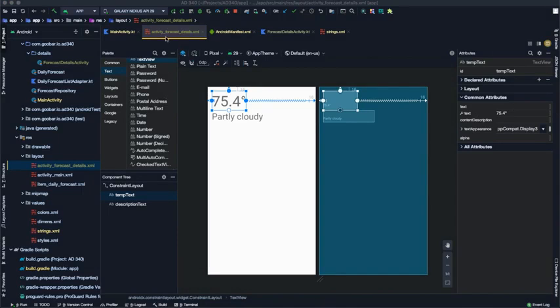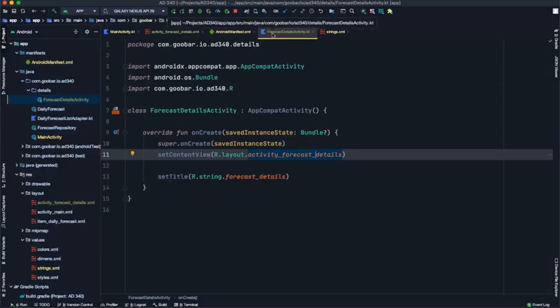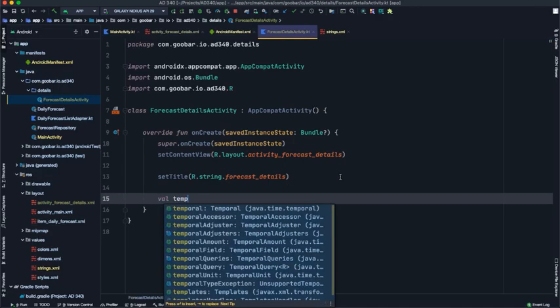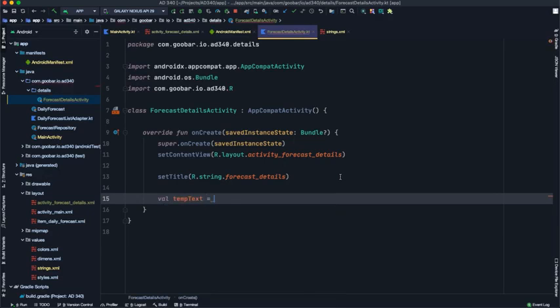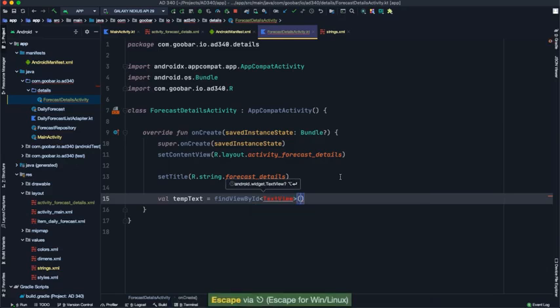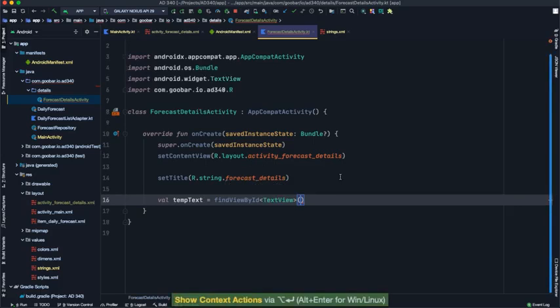So to fix that, we need to go into our forecast details activity, and we need to actually set some values into those views. Before we can do that though, we need to reference our views like we've been doing in our other activity. So to start, we'll type val tempText equals findViewById. And for the template, we'll type TextView, since that's the type of element we want to work with. When prompted to add the import, we'll hit Alt Enter to automatically add the import up at the top. And now in the findViewById